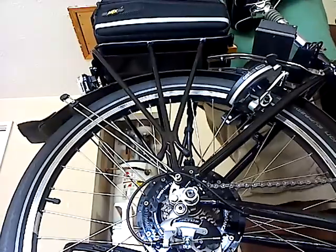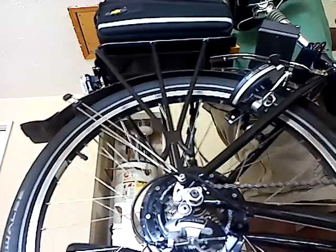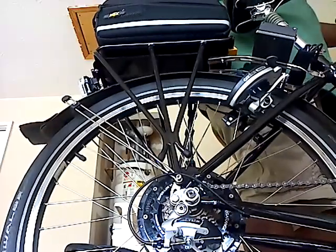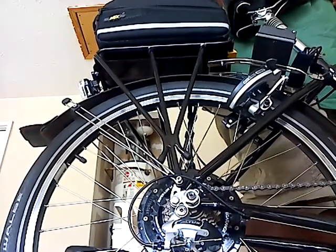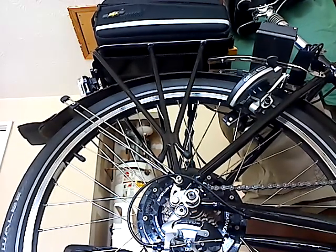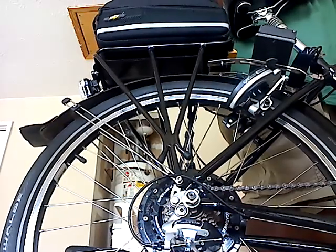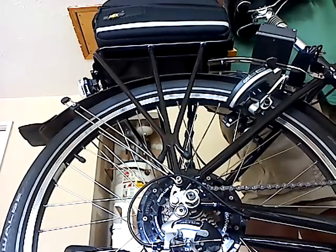Okay, this is the motor against the wall, and that's the problem that I have with it. You would also think it could be a clutch issue. I don't know, but it seems like it's more an electrical problem